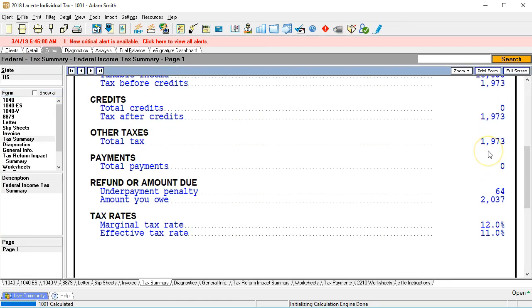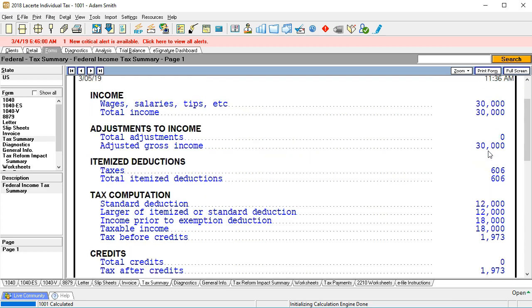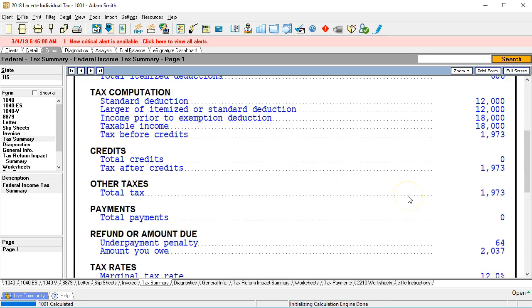Well, it changes to 1,973. So with tax software, you can kind of see the effect. Notice we're not talking about a credit here. We're talking about a deduction, the deduction lowering income. So the 2,500 deduction, if we take a look at our